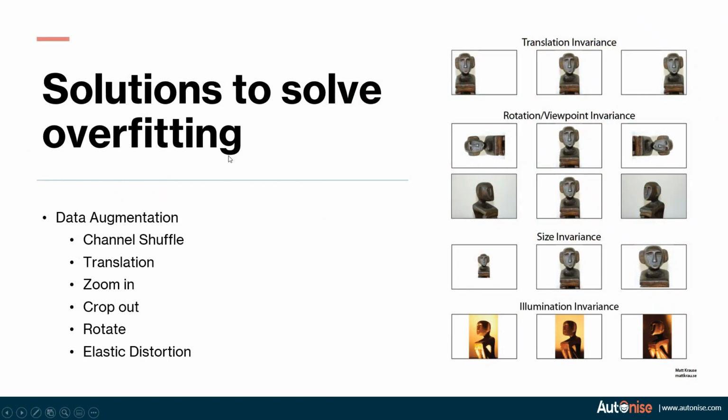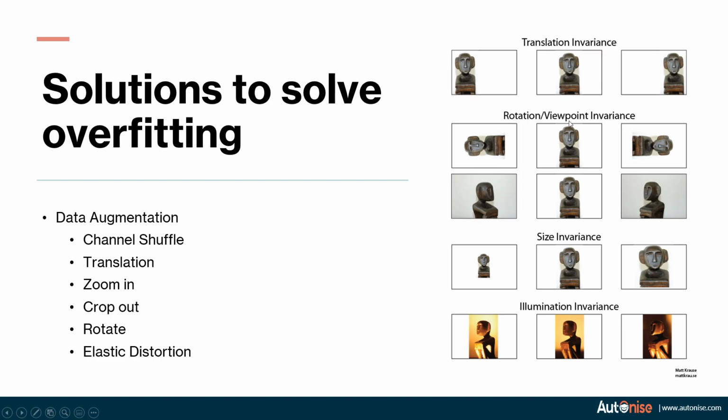Some other ways to reduce overfitting are by data augmentation itself, but these are some other methods. So you can change the translation. So you can translate your images, and that also creates new dataset, because for a neural network, the value of the pixel has changed. Over here it's white, but over here it's gray. Hence it's a new dataset. So you can train your model to be translation invariant.